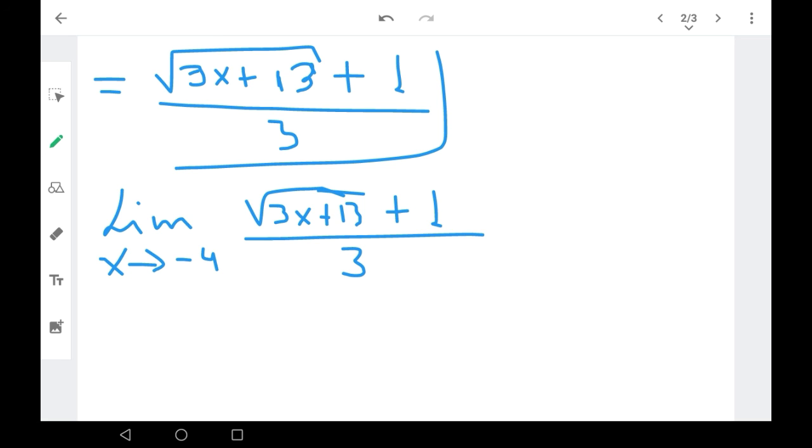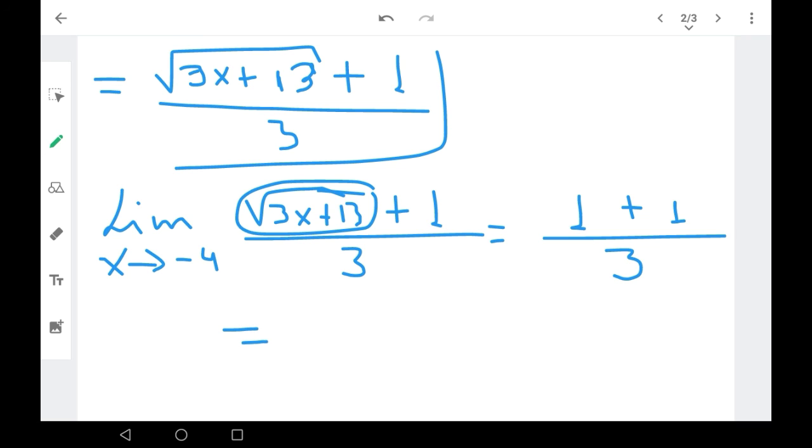Now I have to try the substitution again. We know that this square root expression will be 1 when I plug in the -4 for x. So 1 plus 1 divided by 3. So at the end, I have that the limit